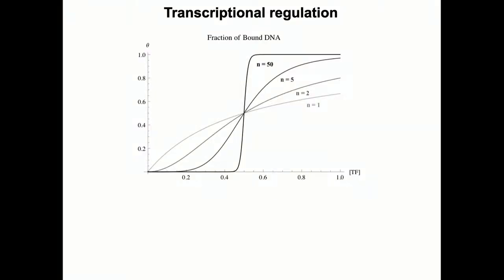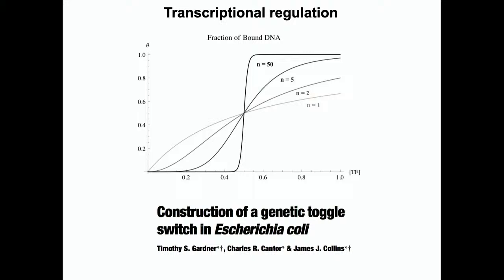So again, this is just a graph showing that as you increase the value of n, the exponent here, you begin to see more like a step function response if you increase it all the way to 50, right? So for x square, you see a sigmoidal, but eventually as you increase the nonlinearity, you'll begin to see a step function like this. Okay. So now this circuit, these two molecules inhibiting each other, was actually constructed synthetically. It was put in bacterial cells, E. coli, almost 25 years ago. And this is where synthetic biology kick-started. Okay?